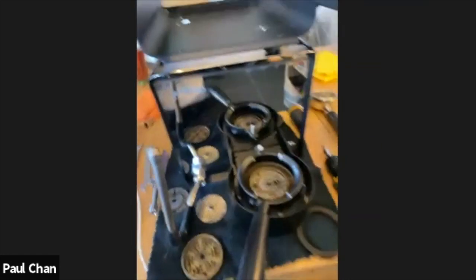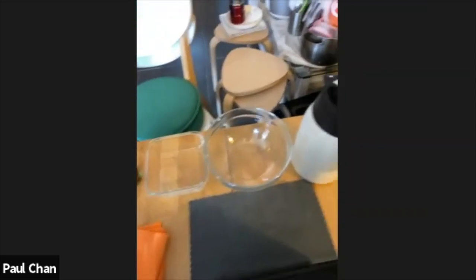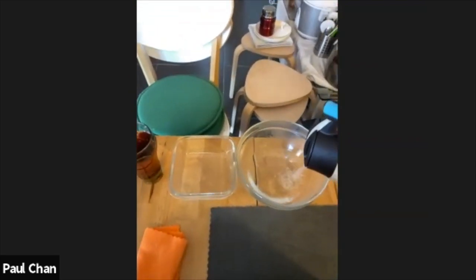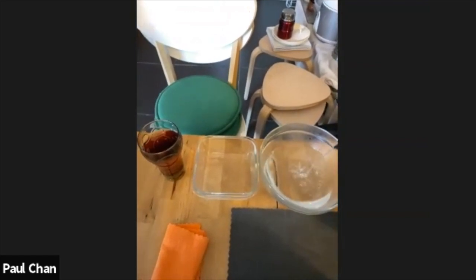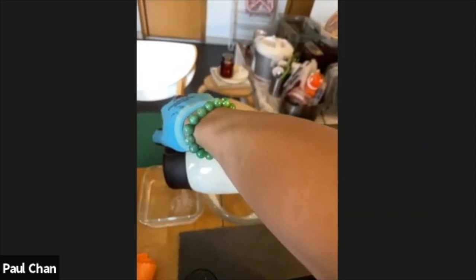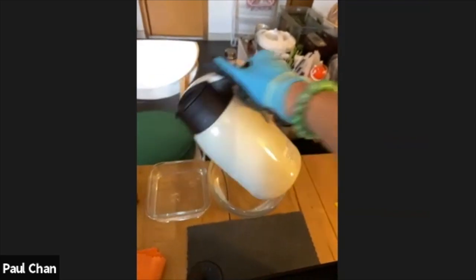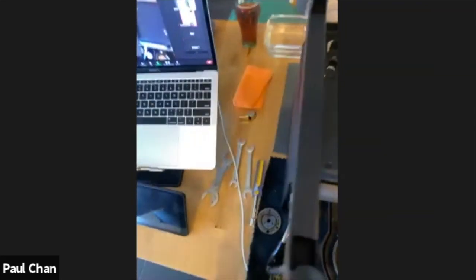Okay. All right. So to do that, I've just got a big Pyrex bowl, and then another Pyrex dish. And I've just got some quite hot water here. So just pour it in there. I will be using some Puricaf, so I'll make sure that's fully dissolved before I put it in. And I have 2 bowls, simply one for soaking it and then one to rinse it all off. And then I will also do a final rinsing. So I do like to make sure that I have everything really thoroughly cleaned and